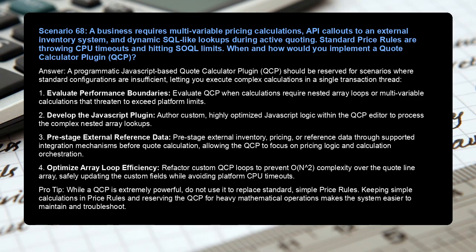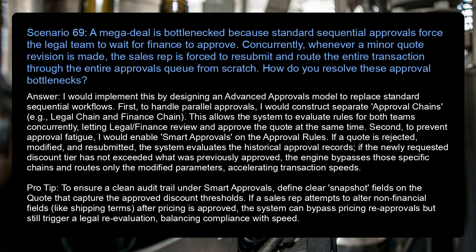Pro tip: while a QCP is extremely powerful, do not use it to replace standard, simple price rules. Keeping simple calculations in price rules and reserving the QCP for heavy mathematical operations makes the system easier to maintain and troubleshoot. Scenario 69. A mega deal is bottlenecked because standard sequential approvals force the legal team to wait for